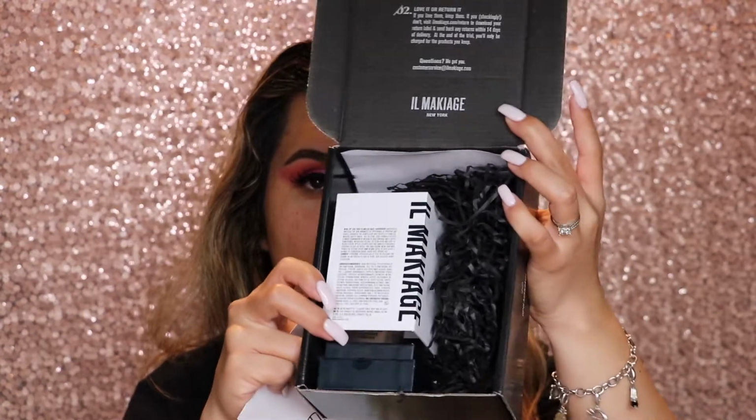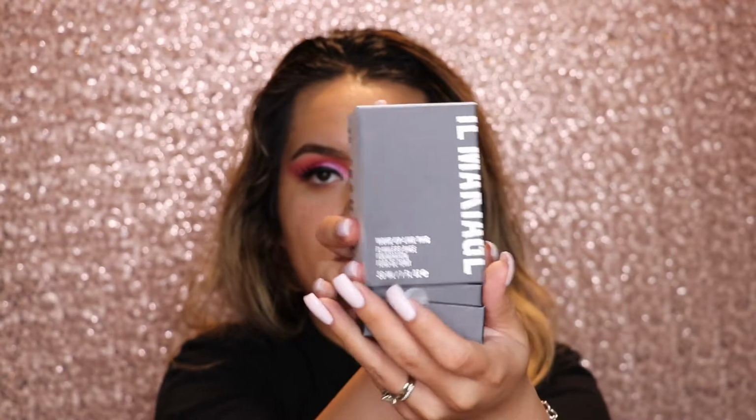It's pretty cute inside. So this is how it looks when I received the packaging. It comes with a little card here with instructions. Here is the foundation. It's in this box. This is how it looks. I love the pumps, so that's awesome that it comes with the pump. Directions on here, it says that you would apply 2 pumps on your entire face, jaw, and neckline, and you